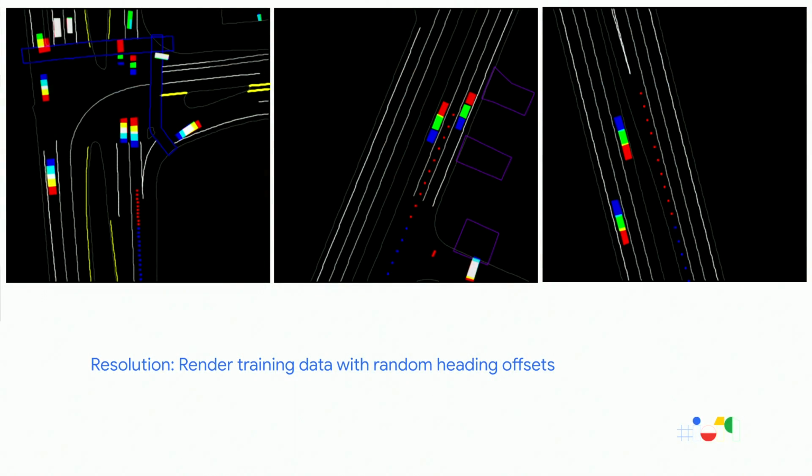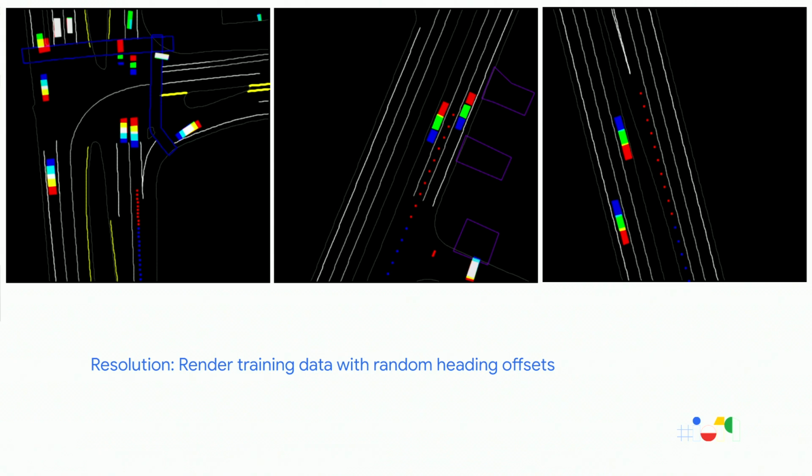So we really want the net to be able to learn what it is like to drive along the lanes and not along the image axes. So what we do here to resolve that is to actually render the training data with a whole bunch of randomized heading offsets. Here are 3 examples of different ways in which we have oriented the input. So when it goes through the training pipeline, the net can actually focus on the lane orientations. This is one example of the kind of domain-specific perturbations we might need to actually make the ML system work.